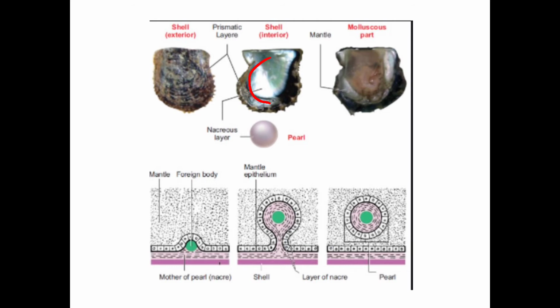The central region of the pearl contains the nucleus. It is surrounded by some materials, so many materials are deposited around the nucleus. It is secreted by specialized cells in the mantle epithelium. That's about the pearl. Then there are so many pearl oysters.